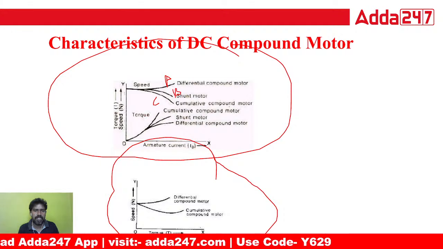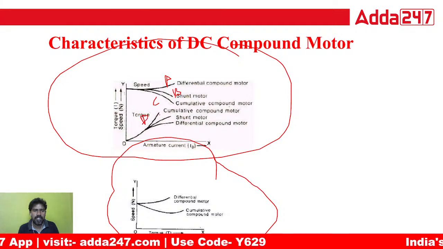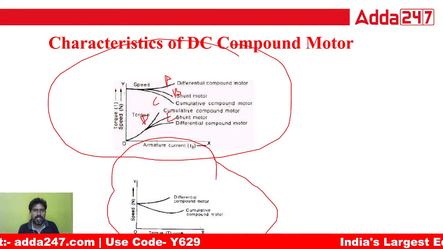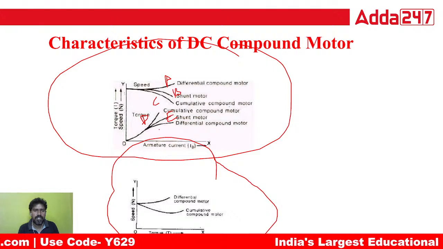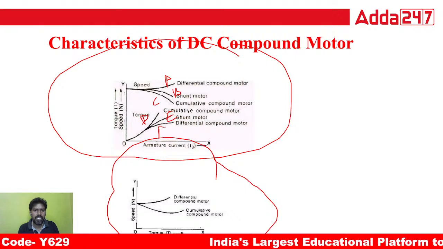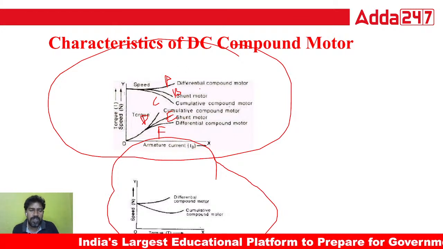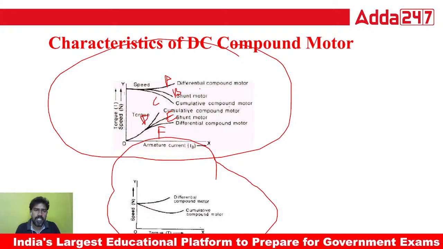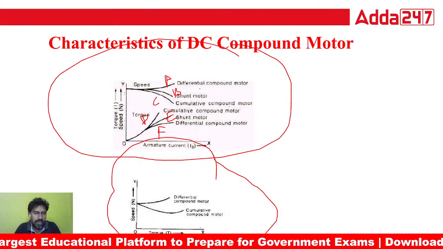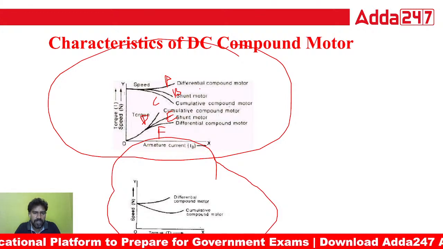So this is ABC, this is D, and this is E, and this is F. Okay. From the examination point of view, they will give you questions like this. Which one of the following is related to the cumulative compound? Which one of the following is related to the shunt motor? Which one of the following is